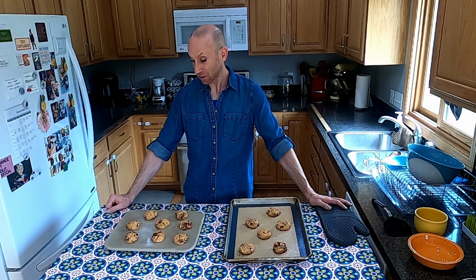So we're gonna let these cool. They're still screaming hot, but we're gonna let them cool. After about 10 minutes or so, I probably will transfer them to a cooling rack to finish cooling completely, and then we're ready to enjoy. So I hope you give these a try. They're delicious,